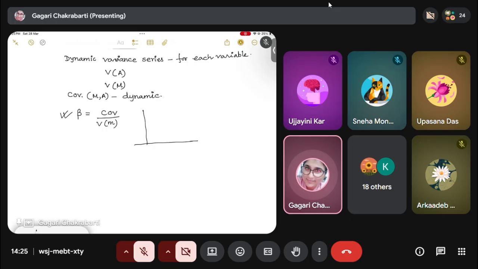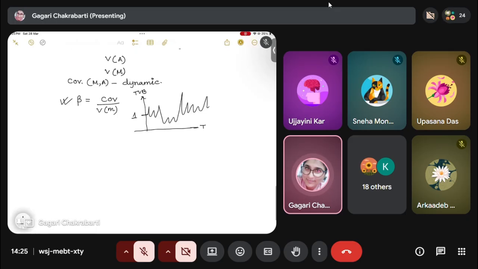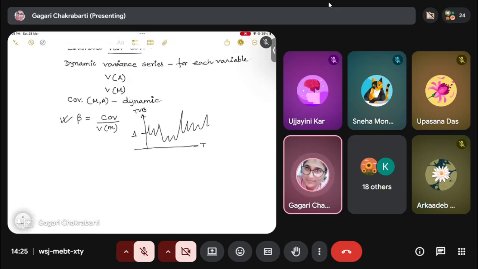So this is the benchmark value 1. Suppose it is fluctuating like this, and then accordingly you can take your decision. Okay, just wait for some time, because yeah, so now it's there. So the beta will be fluctuating over time. So now you can analyze how does beta change over time, what are the factors that can affect the beta,